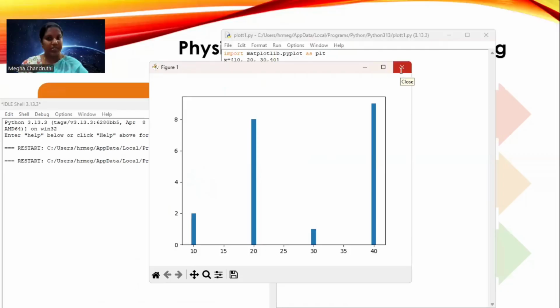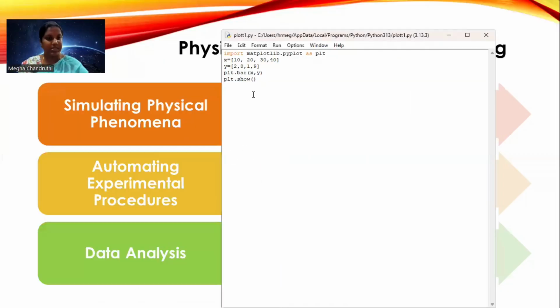If you want to label the x axis and y axis, that is also possible. You can just use plot x label. Okay, so I'll just show it here. Plot dot x label equals x axis.